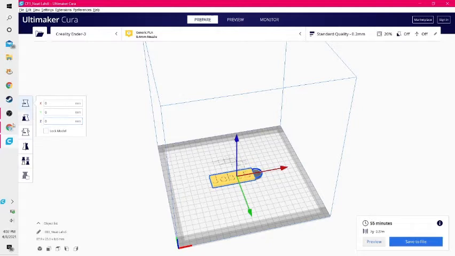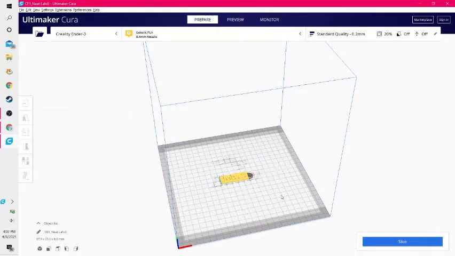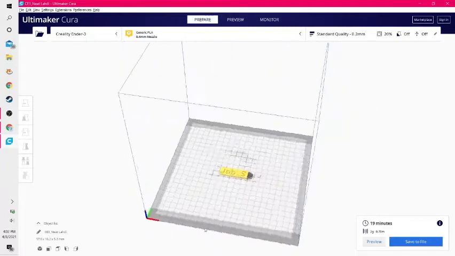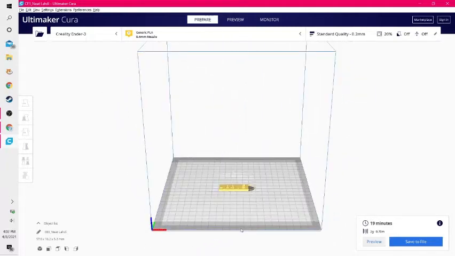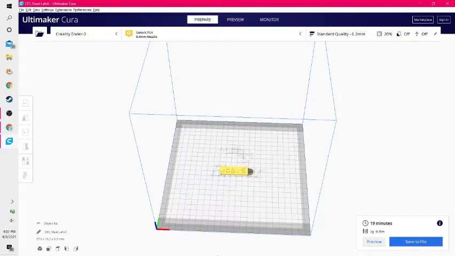So what you can do here is actually resize it. If you want, you could make it smaller, and then you have to slice. What slice does is it basically changes the time. If you change something, it's going to apply the changes to the model. Okay, and now to 3D print it,